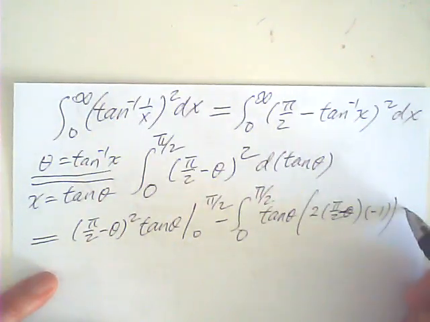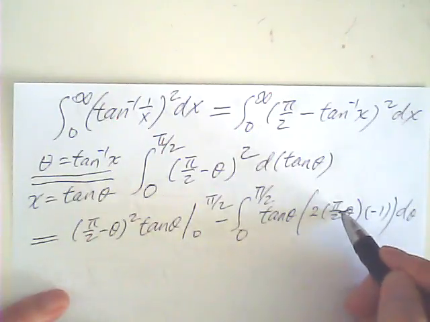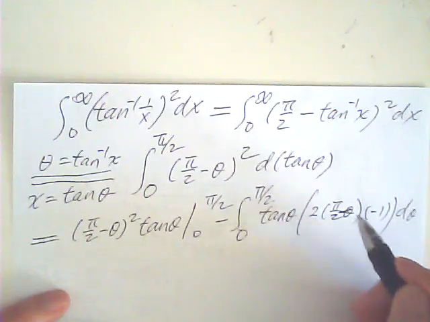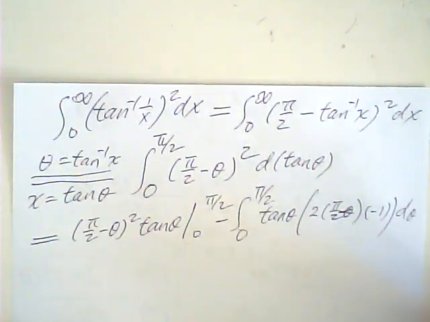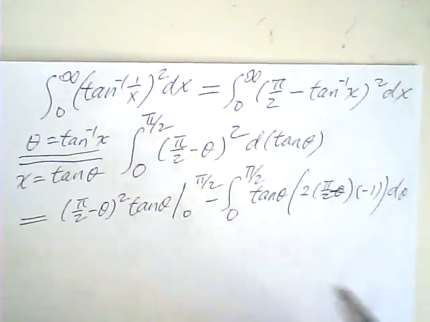The chain rule, d theta. Sorry, it is not clear. Half pi minus theta. All right, then this one,